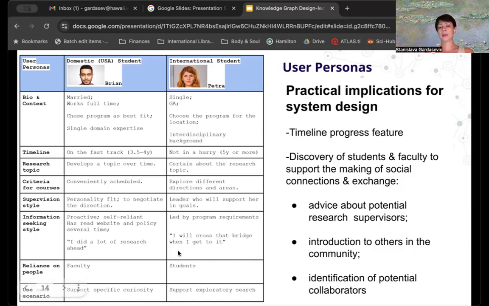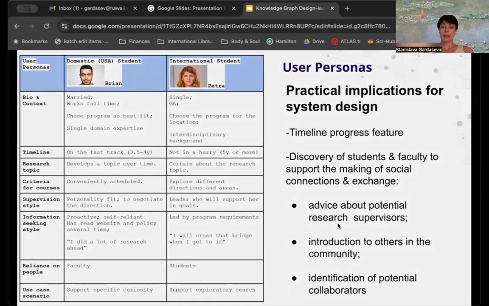And the quote is, I will cross that bridge when I get to it. And it's relying a lot on information that she can get from other students. So it's more of an exploratory search scenario for her. For all of them, it's important to get more advice from potential research supervisors. It's a big decision to make, to get introduced to others in the community, and to find potential collaborators to form this